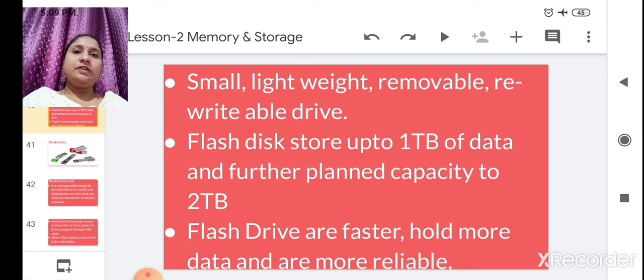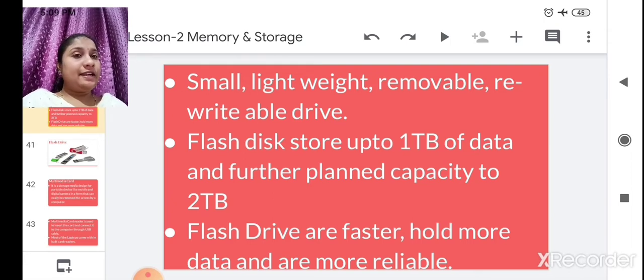Removable, whenever you want you can plug it in, you can play with this, and you can erase the data from this pen drive, and you can even rewrite on this pen drive. Means anything you can write in a document, you can store in it. You can delete that document from this pen drive. That's why it is removable, and you can rewrite, meaning you can write and store in the pen drive the data, whatever information you have written.